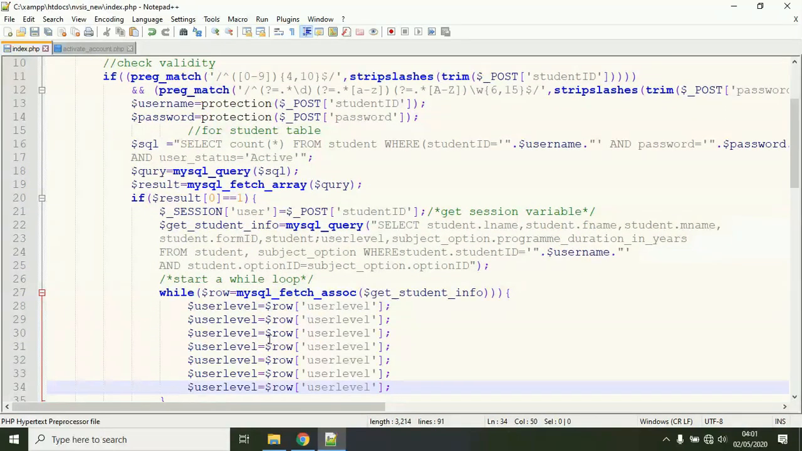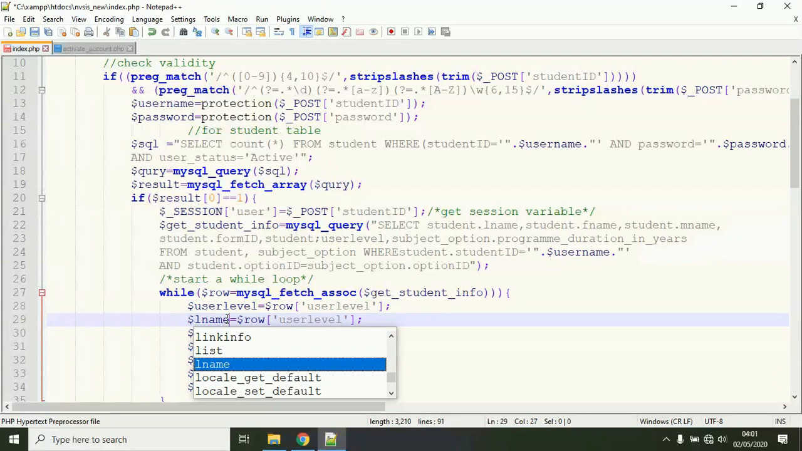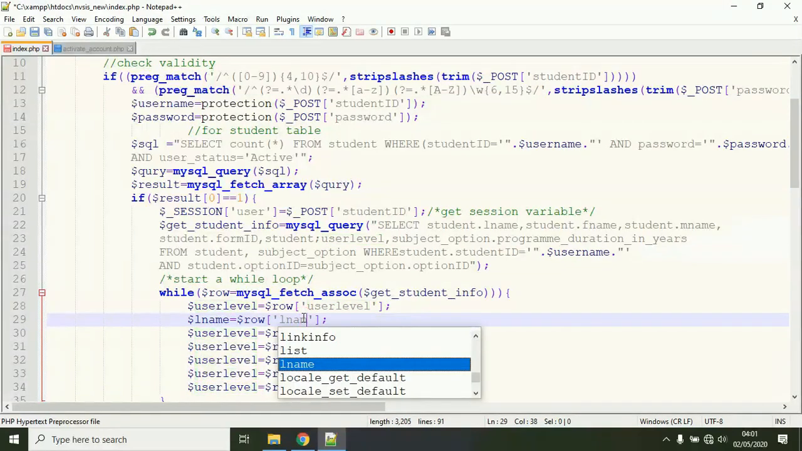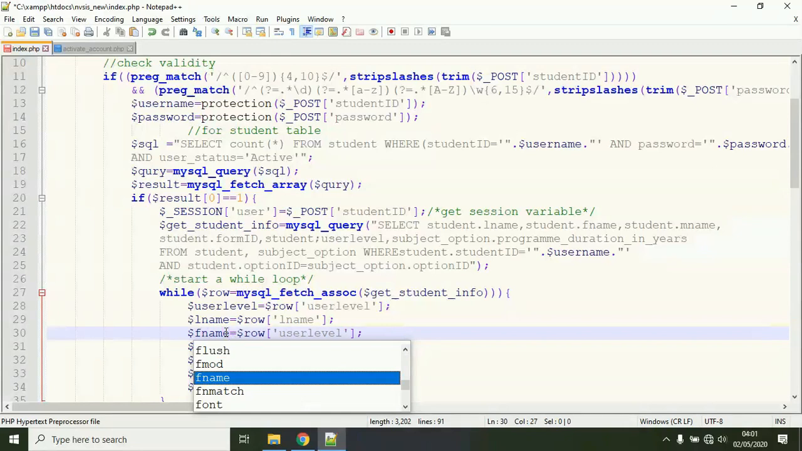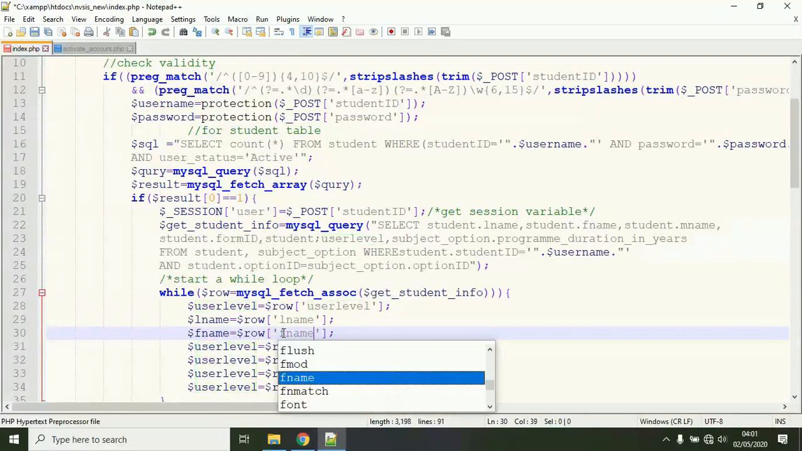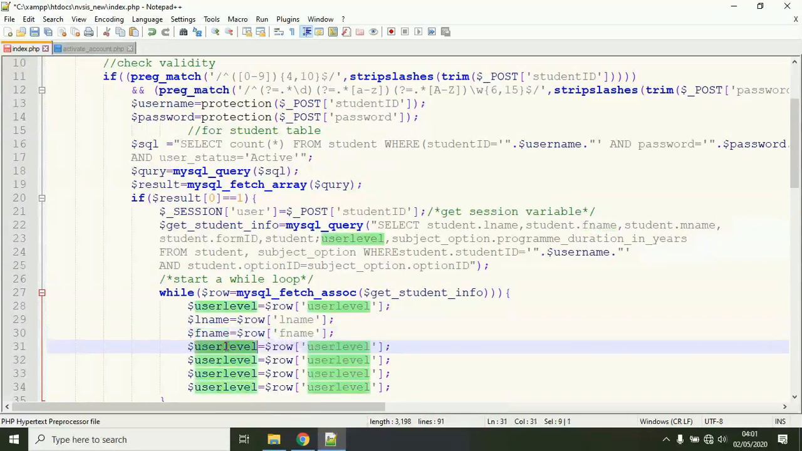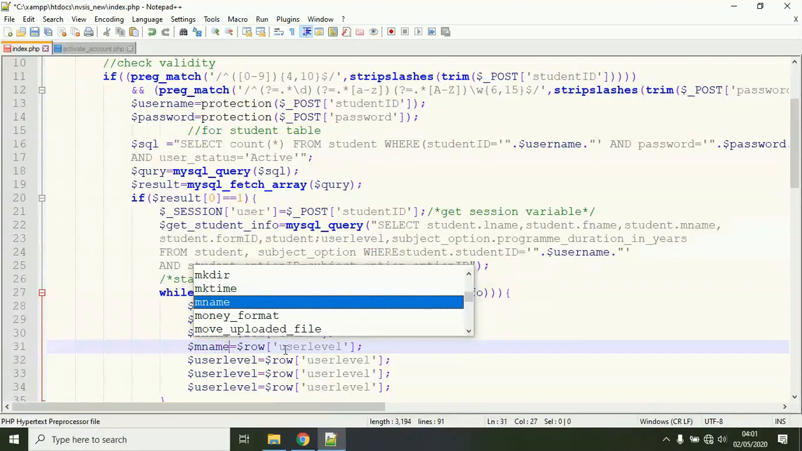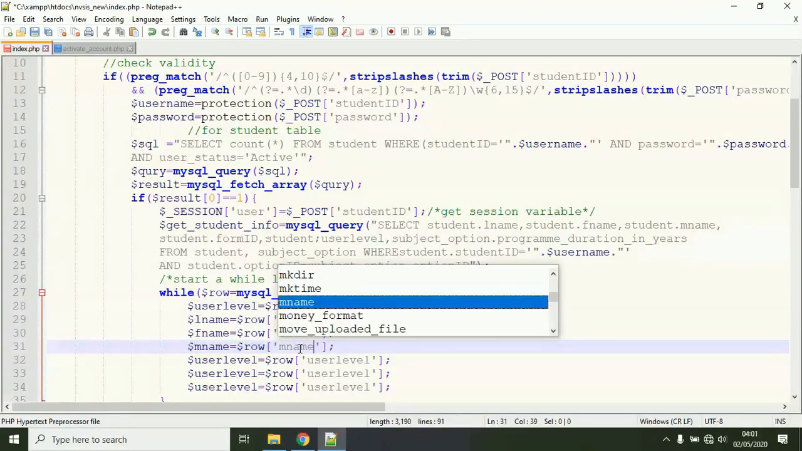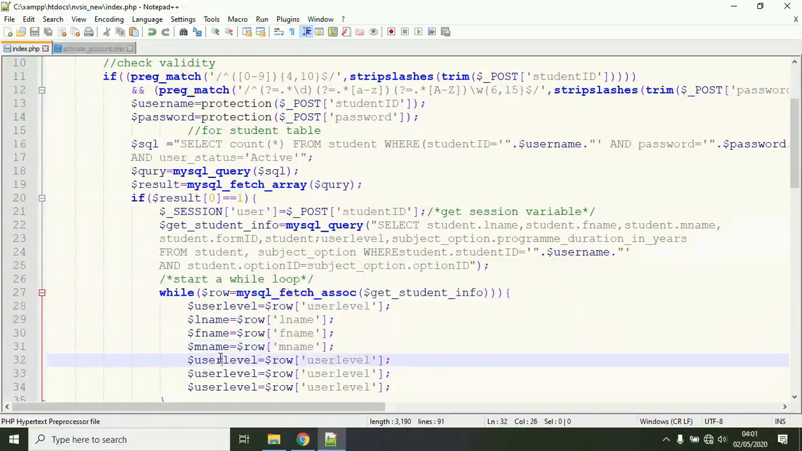Now here, this one here is L name, and here is L name. The last name, we have the first name, F name, and here is F name. Then we have the middle name, and here is middle name. We have stored the first name, last name, middle name, and we store also the registration date, reg date,